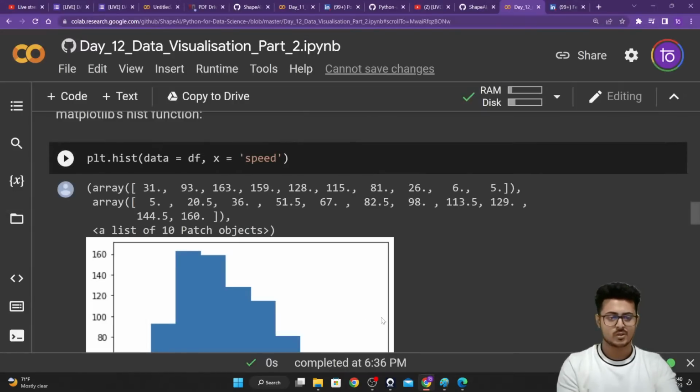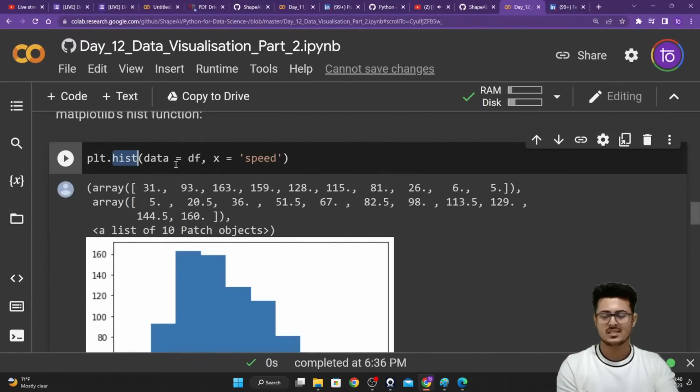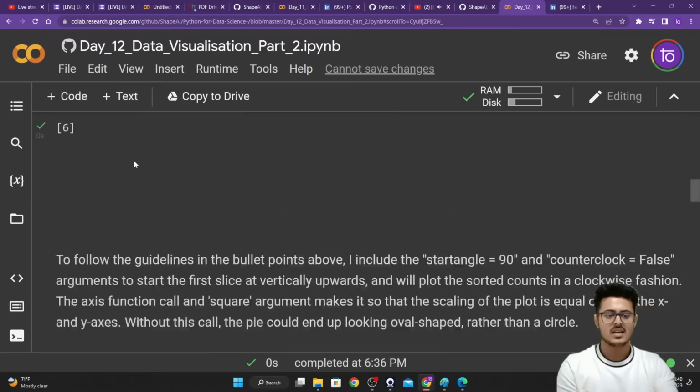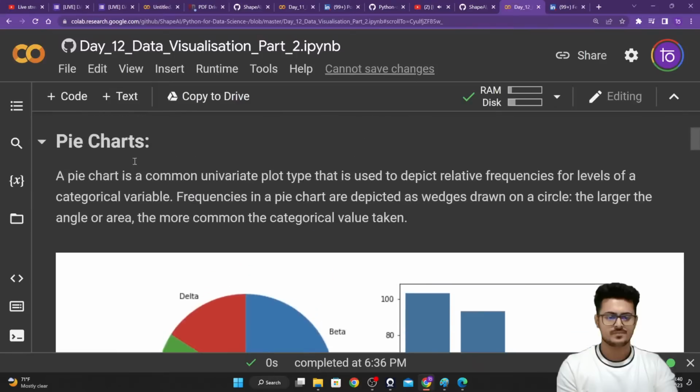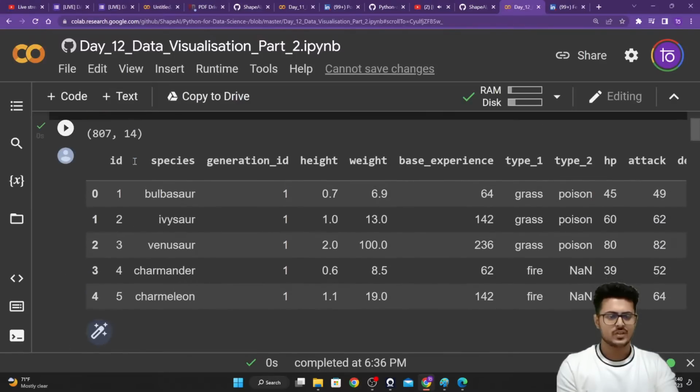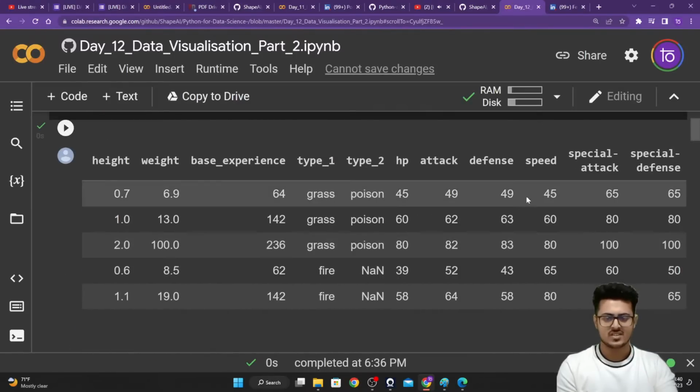Let us start to plot it out as well. To plot a histogram, it's pretty simple. It's just hist. Let's go back to our data itself. We are going to plot our speed data. As you're able to see, speed is a distributed data. You're having 45, 60, 80, 65, 80 right over here. It's not a very simple data that we are having.